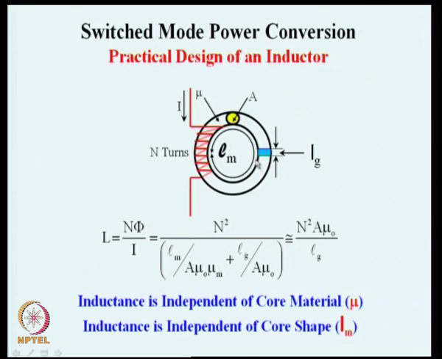So, now this relationship has much better controlling features, and this is the normal method of designing an inductor, where in the inductive path you put a controllable small air gap whose reluctance is totally under our control, and the reluctance of the rest of the path is negligible compared to the reluctance in the air gap. Now, when this happens, the important point is that inductance is independent of the core material, and also independent of the shape of the core, because the entire inductance is decided by the gap here. So, whatever shape you have here,